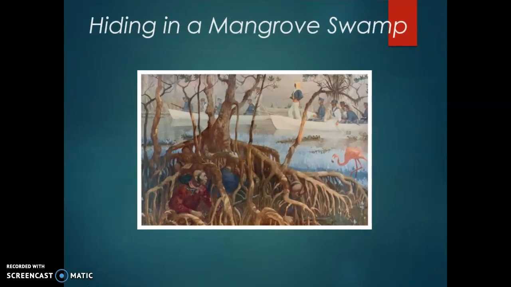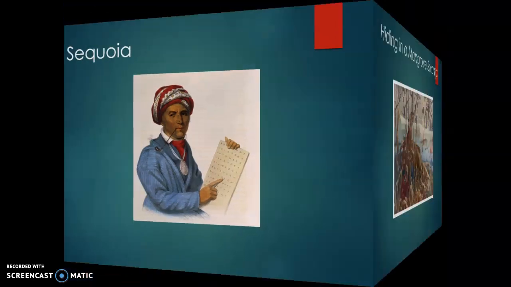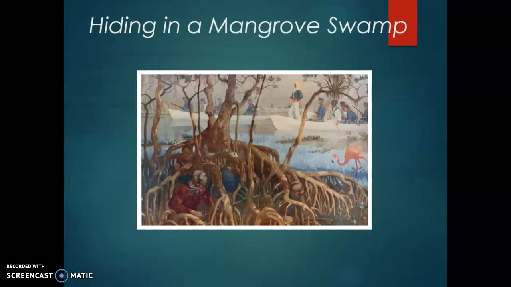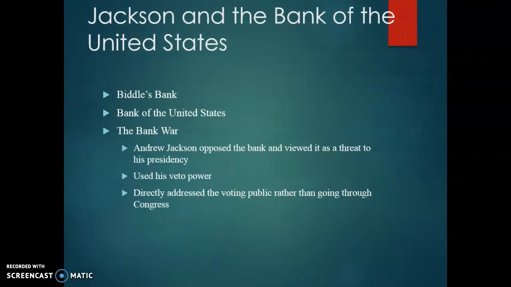One of the interesting things about the Cherokees is they were viewed as a civilized tribe. That's what they called them, because some owned slaves in some areas, but they had a constitution, a government, and had begun to create a written language based on English. But the problem was their refusal to move. But many tried to hide out from them. Here's just some more images from all of this.